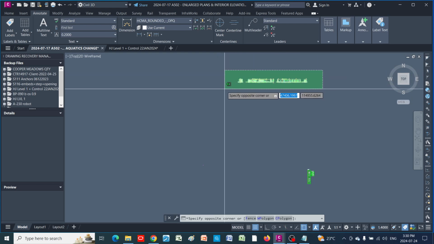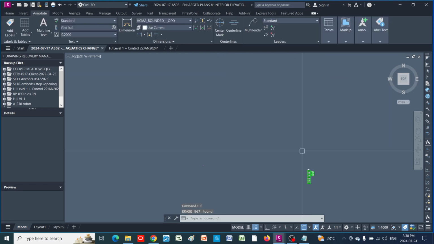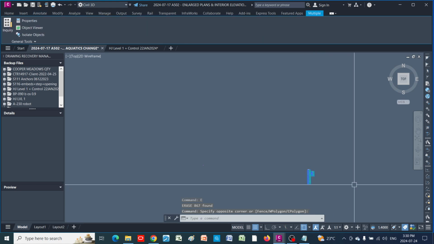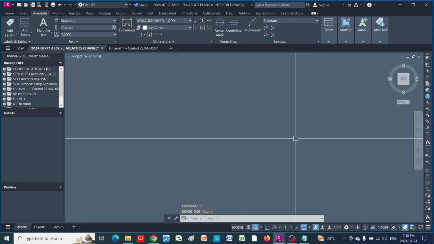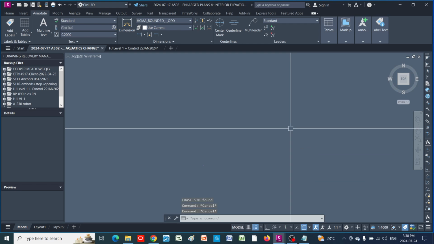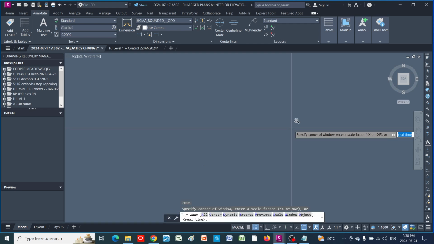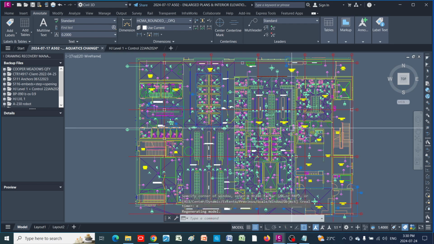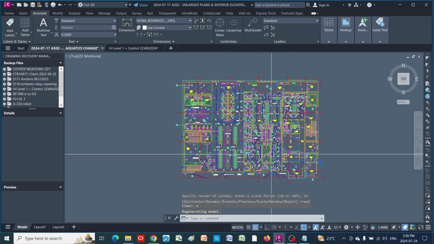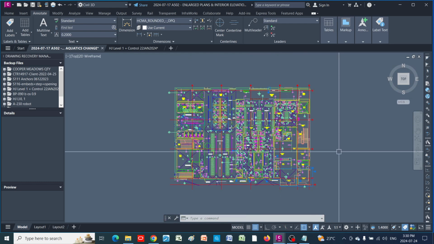I'm just gonna select them and erase. Select this one and erase. Zoom, Z, extents. There you go. Now I'm sure that this is the only drawing that I have here.